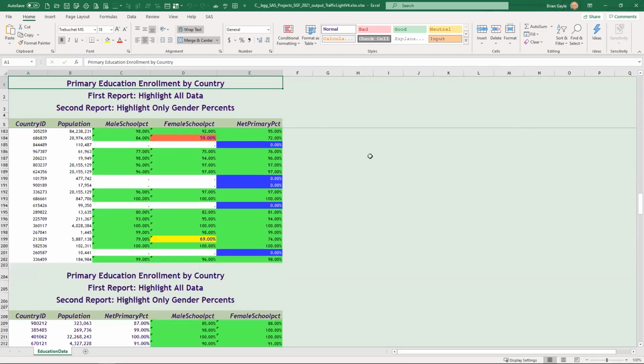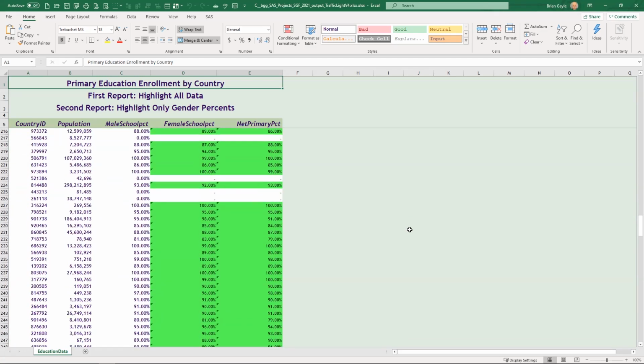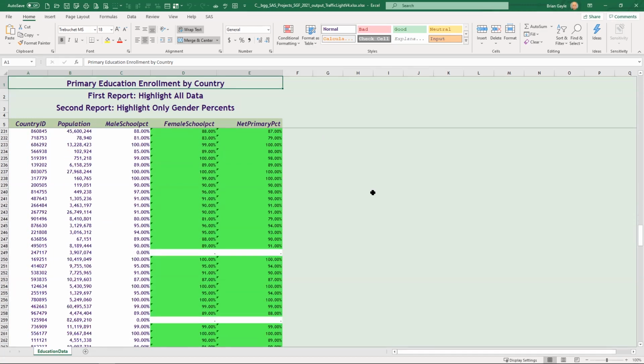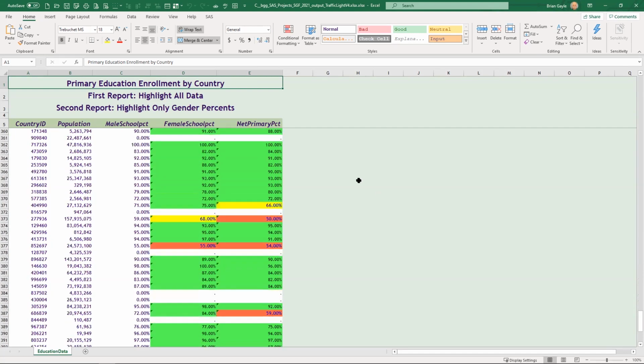But if I go past the first report, here's my second proc print, all in the same tab. And I do have the same titles and column headers, but those will scroll. Only the first 5 rows are stationary and frozen, and now I have both reports here in the one tab. Again, probably for our data, this wasn't the best option, but I just wanted to show you that it was an option if you have different circumstances where you want everything to go in the one spreadsheet.